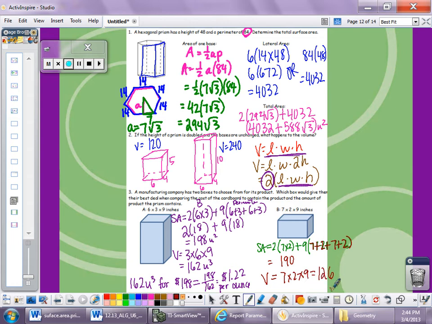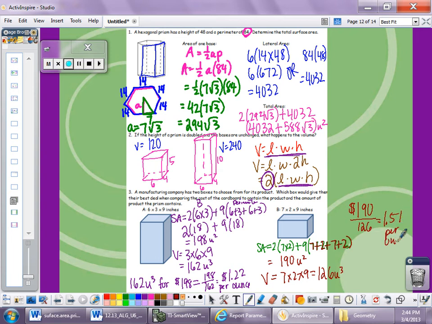Let's say that every unit of surface area, because that's my box that I'm trying to enclose, costs me $1. So this one is going to cost me $190 worth of cardboard. And I can divide this by 126 ounces or units of measurement, whatever. And this one costs me $1.51